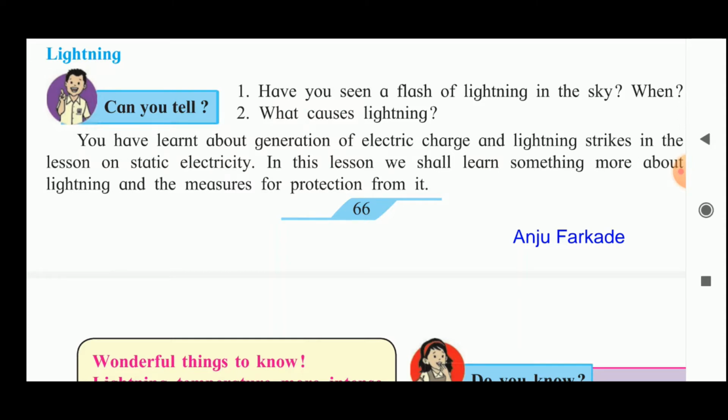Now, when air and the clouds rub against each other in the sky, the upper part of some cloud becomes positively charged and the lower side becomes negatively charged. So, when this negative charge on the bottom of the cloud becomes much larger than the charge on the ground, it starts flowing towards the ground in stages. This happens very fast, in much less than a second, and heat, light and sound energy are produced along